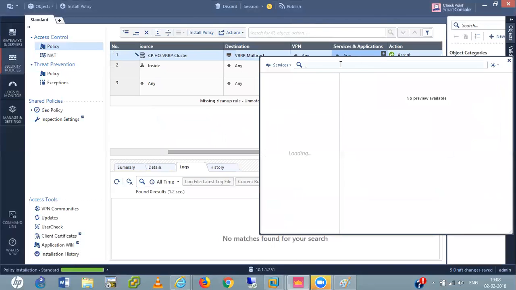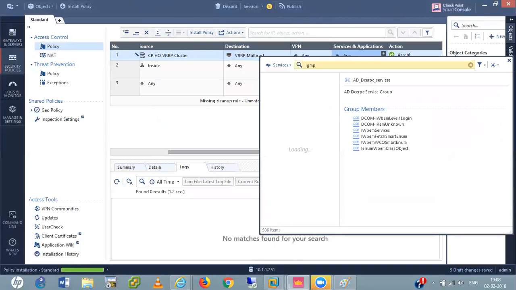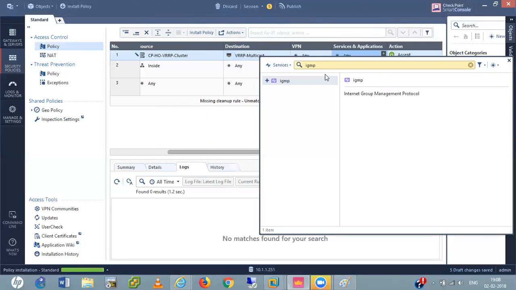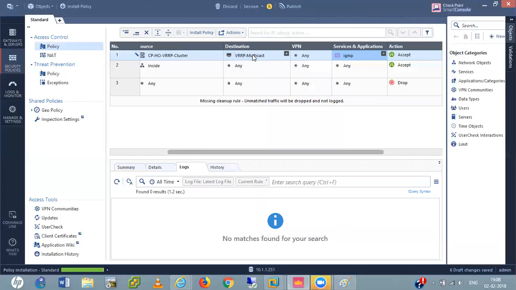Let's see IGMP. Yeah, we have it here. This is the multicast address, like EIGRP multicast address and OSPF have 224.0.0.5 and 224.0.0.6. We need to allow that multicast address, because VRRP works on this multicast address, right? That's why.